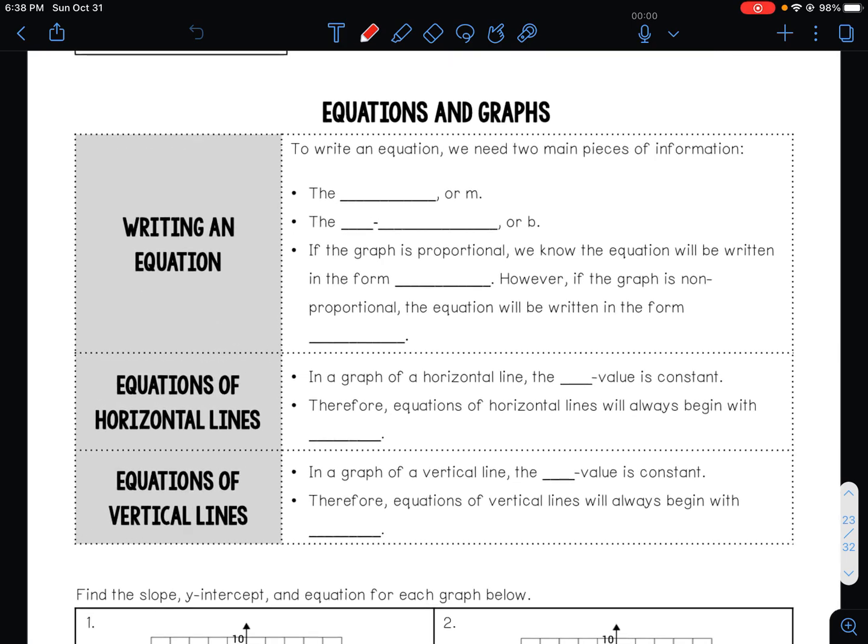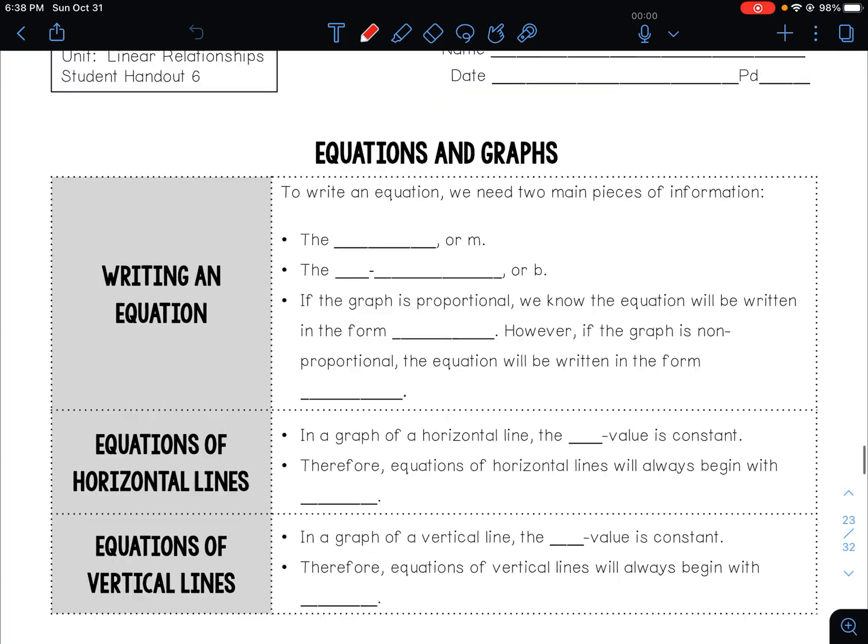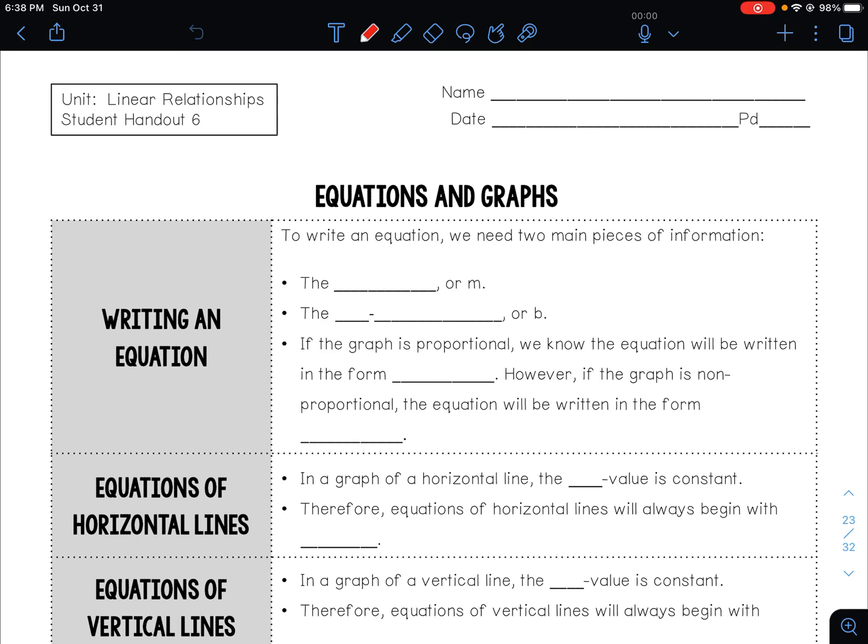In this video, we are going to explore equations and graphs. Let's begin. To write an equation, we need two main pieces of information. We need the slope, represented by the letter m, and we're also going to need the y-intercept,